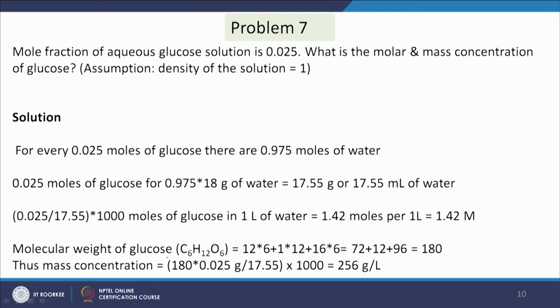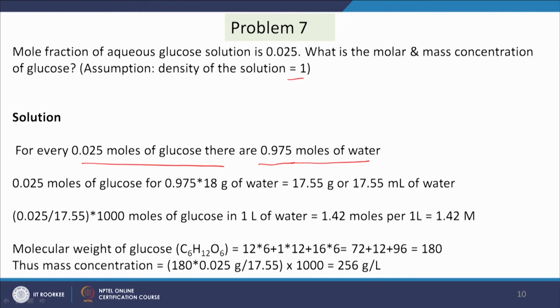Now, we are coming to problem number 7. So, the statement is, mole fraction of aqueous glucose solution is 0.025. What is the molar and mass concentration of glucose? Assumption: density of the solution is 1. So, now as per the statement, for every 0.025 moles of glucose there are 0.975 moles of water, because the solution is glucose and water. So, 1 minus 0.025,